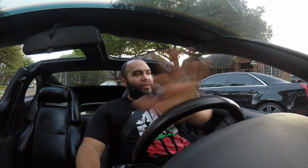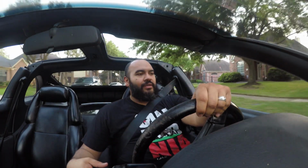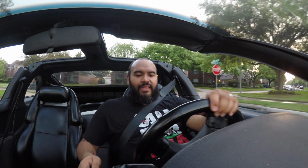I did take the tops off because I just wanted to see how it feels and actually make sure they work. But yeah, this car runs really good. It runs and drives great now. The mechanic that I was using, he's pretty good at what he does. He's a perfectionist. Some of the stuff he asked me to get, like little